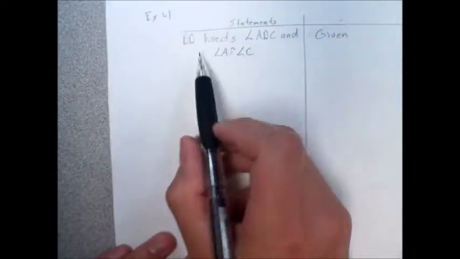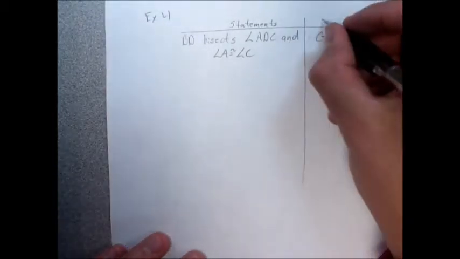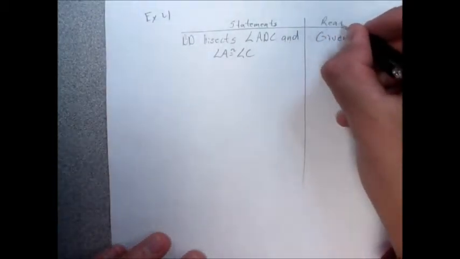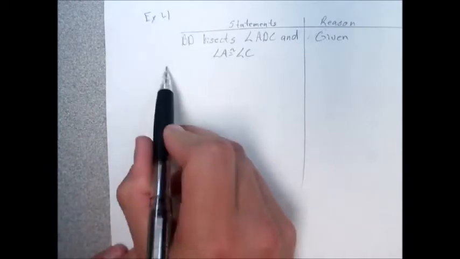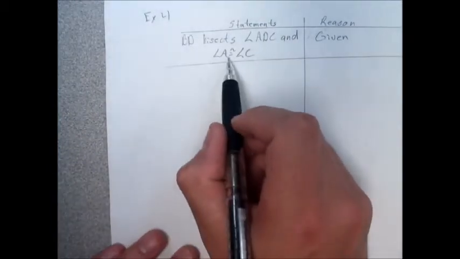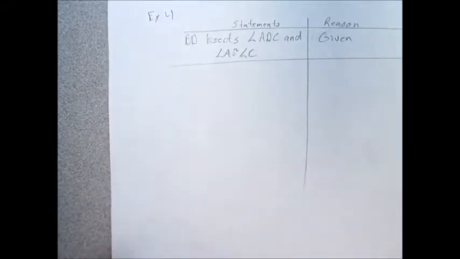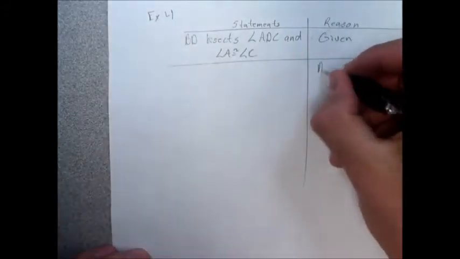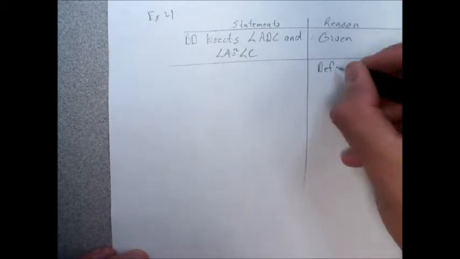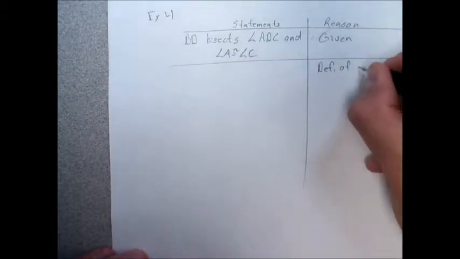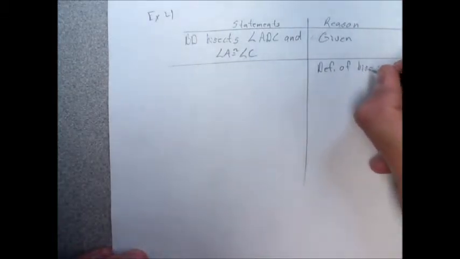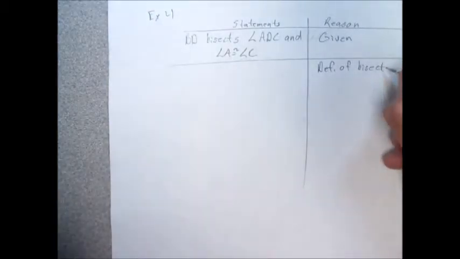Okay, you have to be very careful when we're writing down our given, because this was given to us two things. It says angle A and angle C are congruent and BD bisects ADC. And using that definition of bisects, we can state that two other angles are congruent. So by using the definition of a bisect,